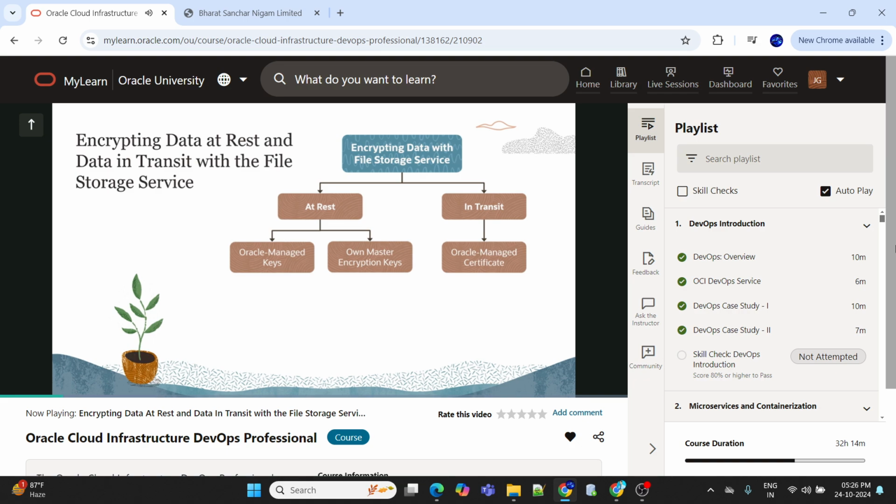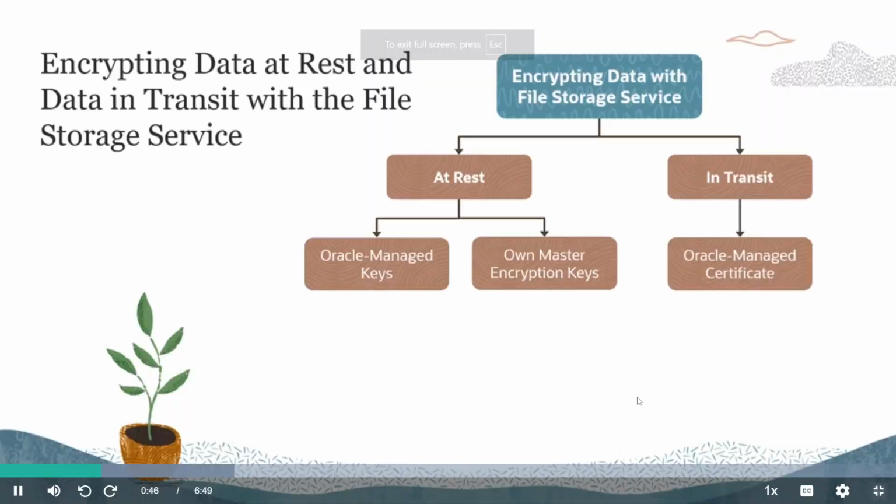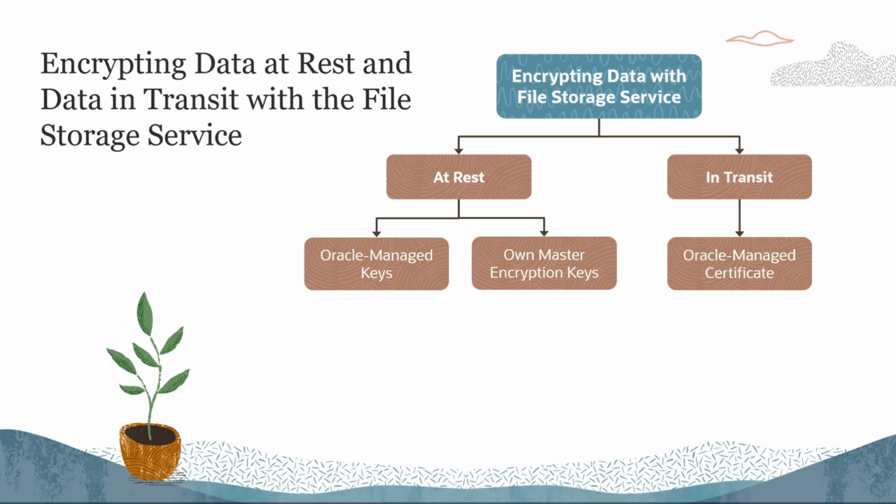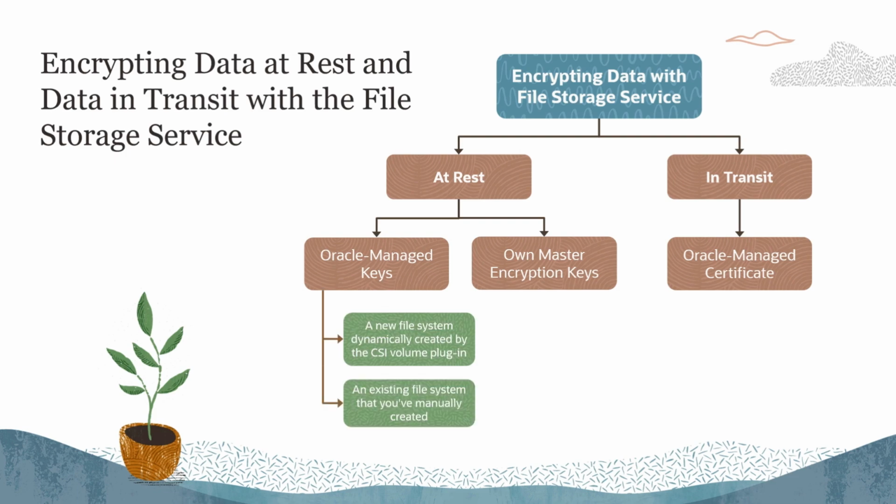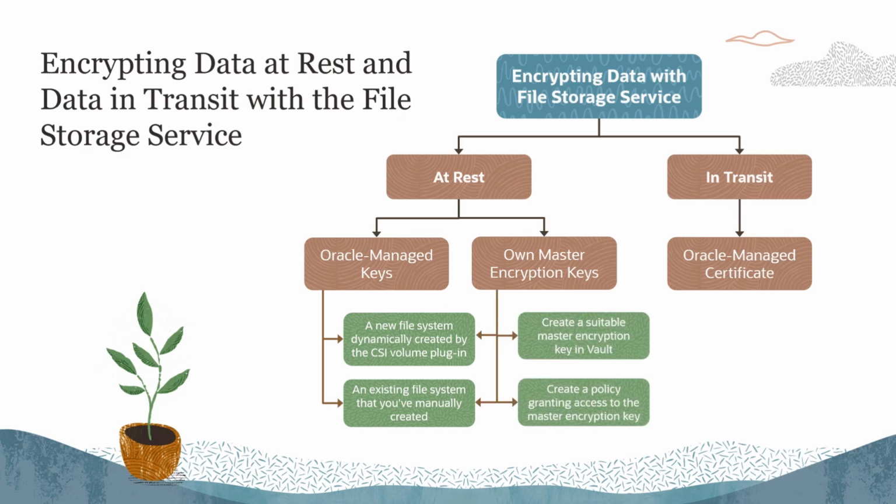For those seeking to manage their own at rest encryption with personal master encryption keys, the process varies based on whether you are provisioning a PVC on a dynamically created new file system or an existing manually created one. To embark on managing your own keys, the steps involve creating a suitable master encryption key in OCI Vault or obtaining the OCID of any such key and establishing a policy to grant access to the